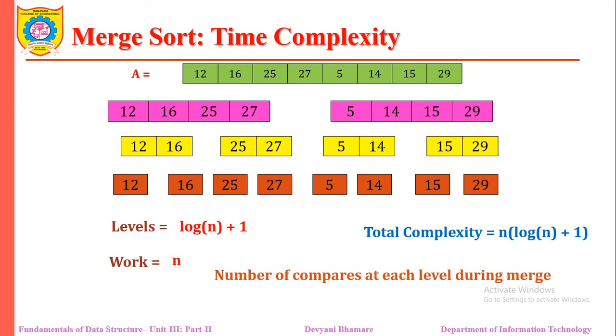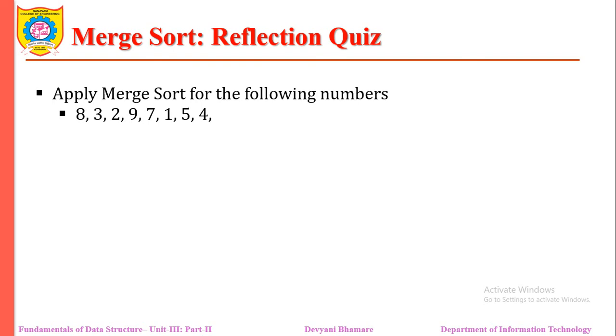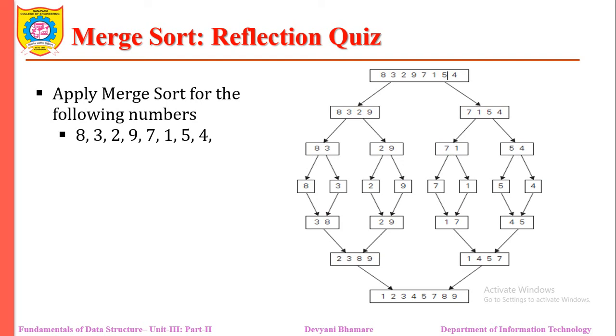So dear student, I expect you kindly pause the video and apply the merge sort for the following numbers. I hope you have sorted the numbers with the help of the merge sort technique. We'll see what is happening here. Yes, you might have started with the elements from 8 to 4. Then these elements are divided into 8, 3 to 9 and they are divided into arrays consisting of single elements. Then you might have started merging them and you will get the entire array as a sorted array.